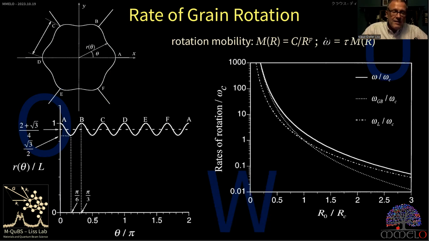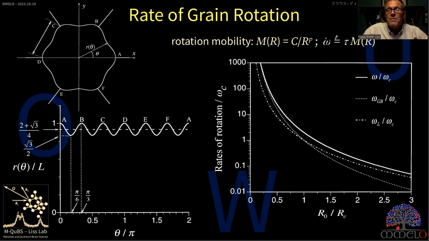Here he shows, as a function of orientation angle, theta over pi, this zigzag potential as a model for the grain. And finds out that the rates of rotation, so omega dot, the speed, the rate of rotation,